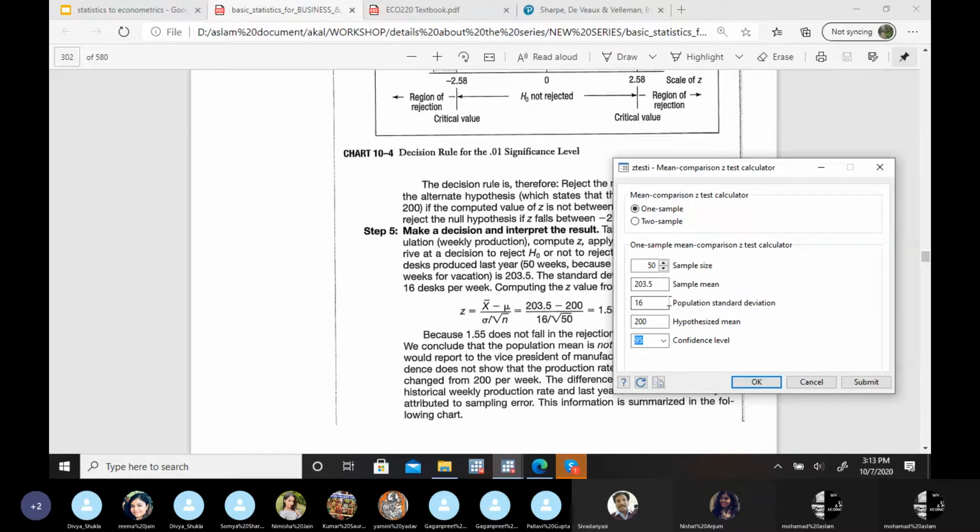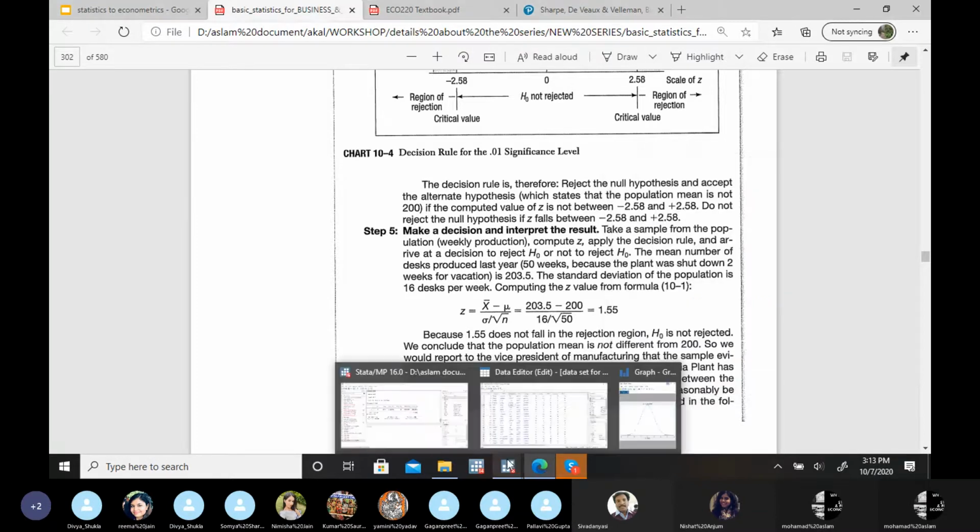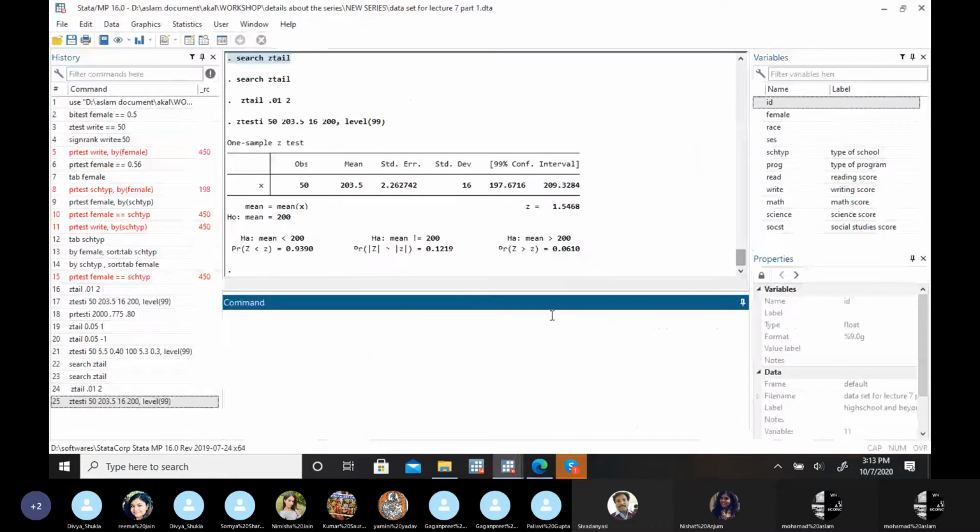Population standard deviation is 16. Hypothesized mean is 200 that we have in the null hypothesis. And now this is our case of 1% level of significance. So we will select here 99% confidence interval. So that's our 1% level of significance. So if I press OK and check the results,